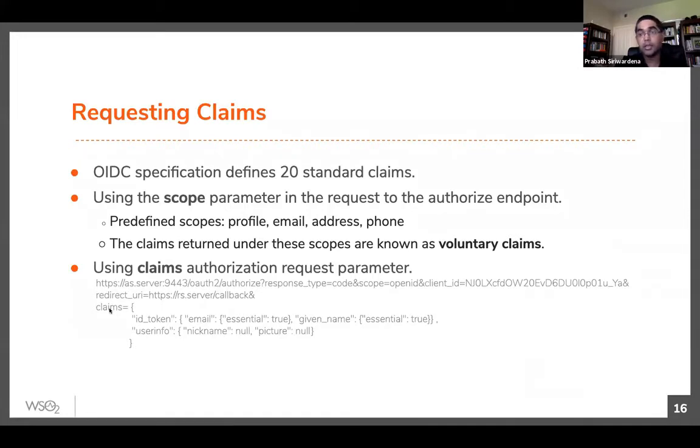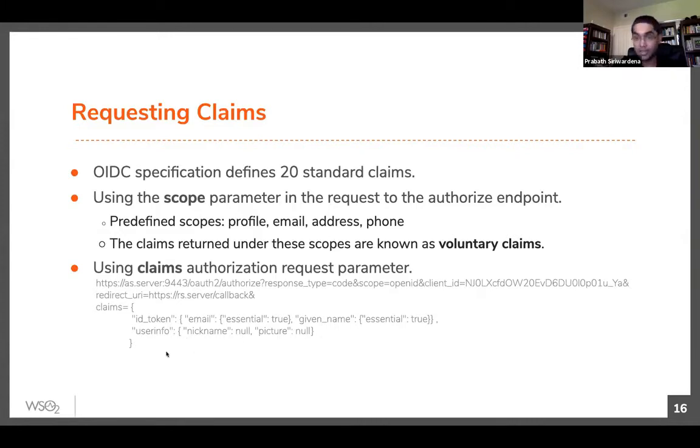Then in addition to that, you can also use a parameter called claims in the authorization request itself. In the initial request from the client application, you can include an attribute called claims, and in that claims attribute you can specify a JSON payload with the individual attributes you expect to be included in the ID token itself, or what attributes you expect from the user info endpoint.